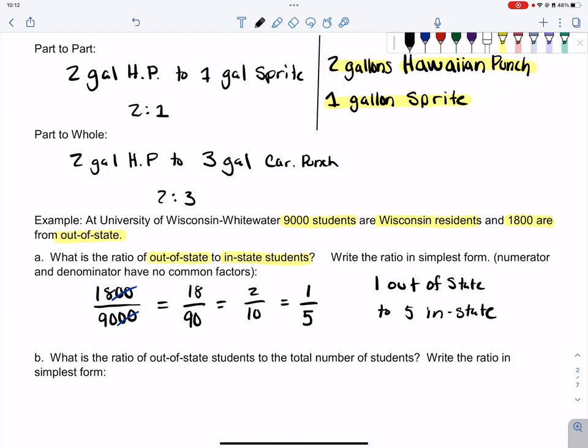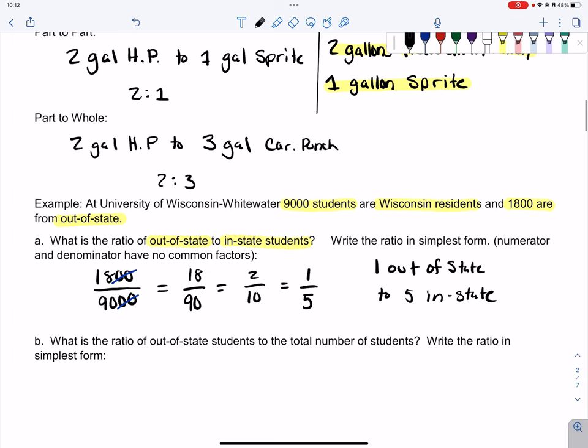The next one, we are asked, what is the ratio of out-of-state students to the total number of students? So now we are going to have, well, we still have the 1,800 out-of-state students, but now we need to divide that by our total number of students. Well, we can figure out our total number of students by taking the out-of-state, the 1,800, and adding that to the in-state students, the 9,000. So this gives us 1,800 over